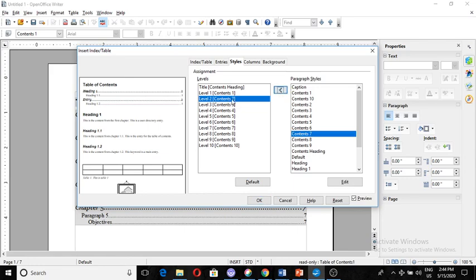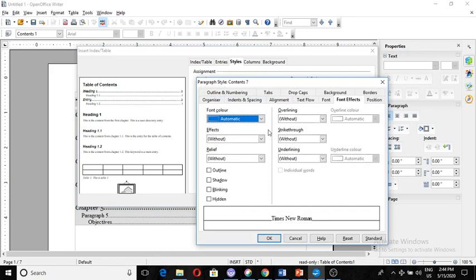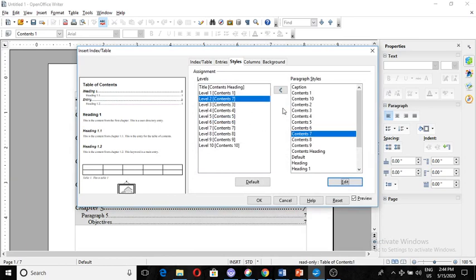See, now it has changed to content 7. And if I want to change the default style, I again have to go to edit and change whatever options, whatever settings I want to change. I again go back and make it content 2. Just press it, it will come to its default level. Okay.